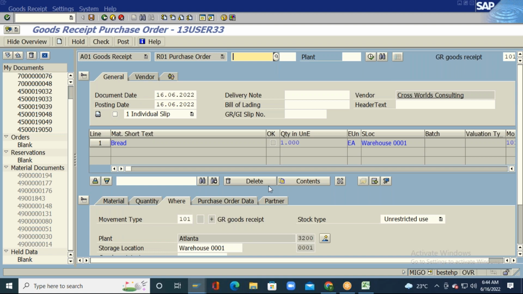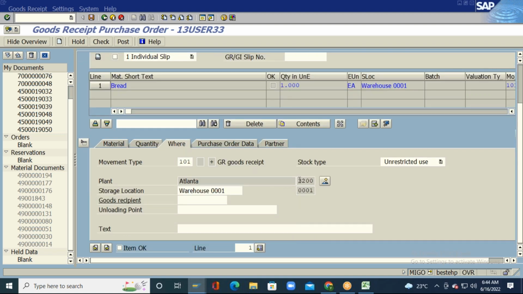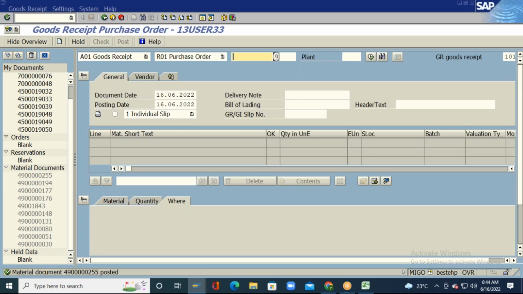Okay, I am trying to do a goods receipt under plant 3200 and storage location 0001 for 1000 pieces. So what are the impacts? There will be a finance posting as well as a quantity update. Okay, so this is the material document number, nothing but a goods receipt number,